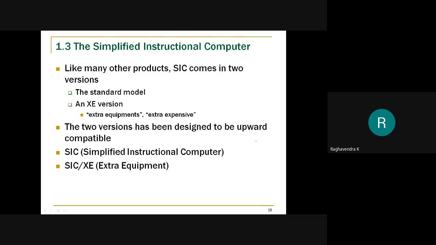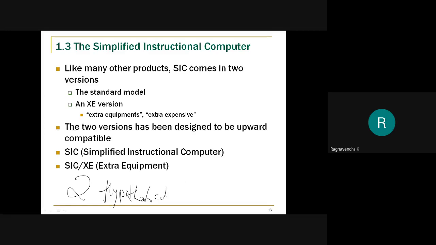So can we write a system software for an existing machine? Of course we can, but it will be difficult for us to focus on that. So what we will do is consider two hypothetical machines. Hypothetical means they do not exist.